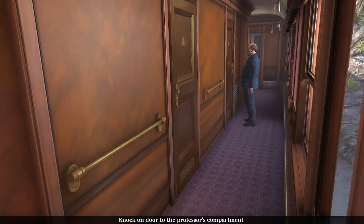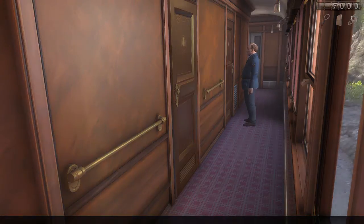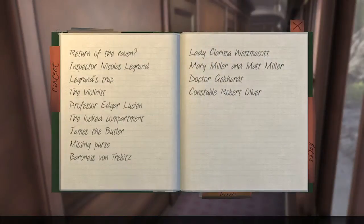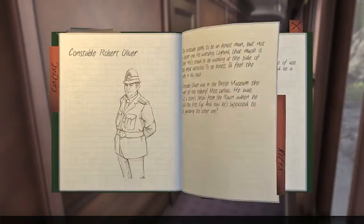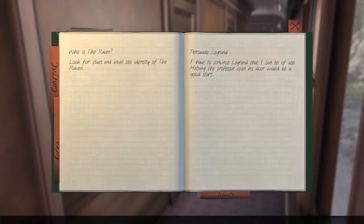So there's a little note that we heard. You can hear the pencil writing whenever our journal is updated. And I'm having trouble here. In a previous episode, I could turn the pages back here in the Secrets tab and get more information, and I can't seem to turn the pages anymore. Okay, so